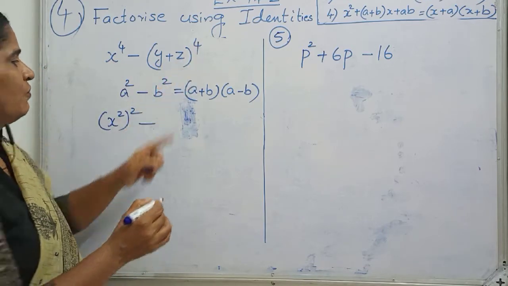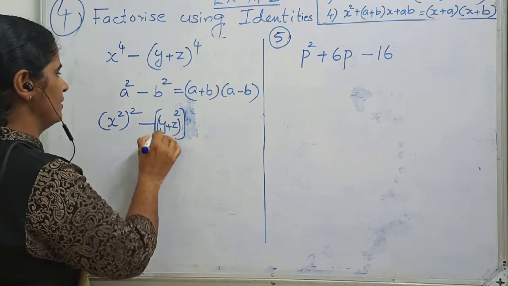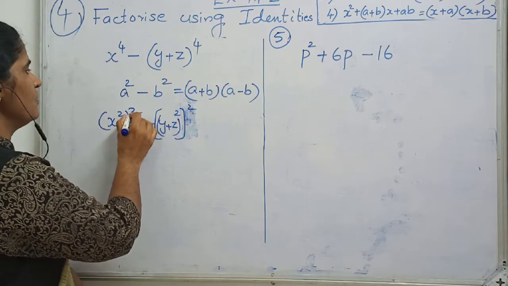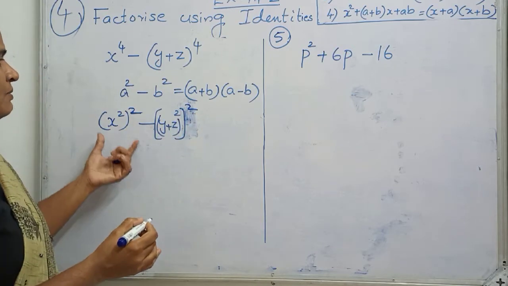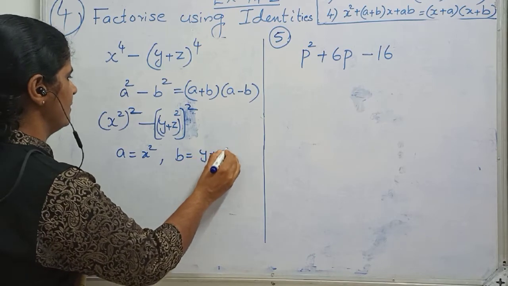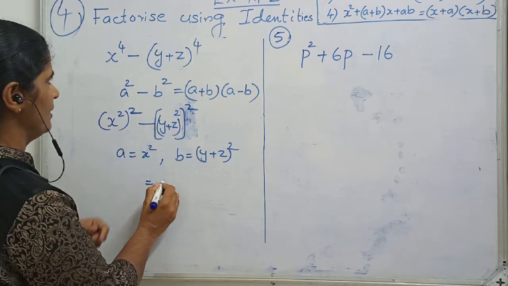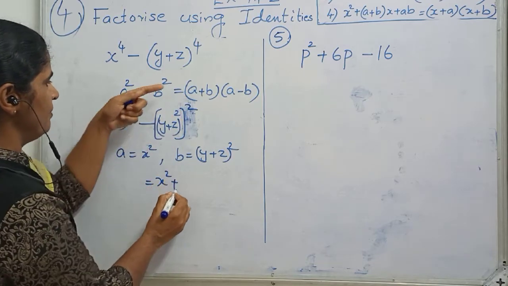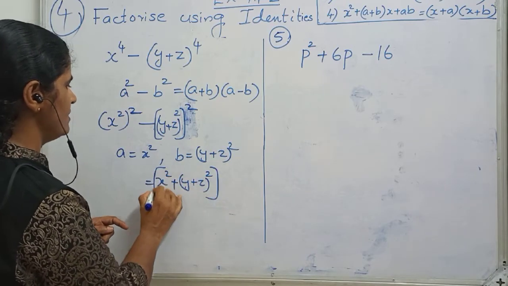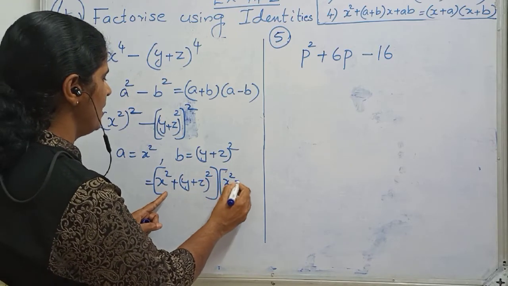Y plus z the whole raised to 4 is (y plus z) square, its square, 2 times multiplied. So this is of the form a square minus b square. There is one square here and here. Whatever comes as the remaining is a and b. A is x square and b is (y plus z) square. Wherever a and b come, just write in their place. In a's place I am writing x square, in b's place I am writing (y plus z) square. That's a plus b inside one bracket. Another bracket has a minus b,